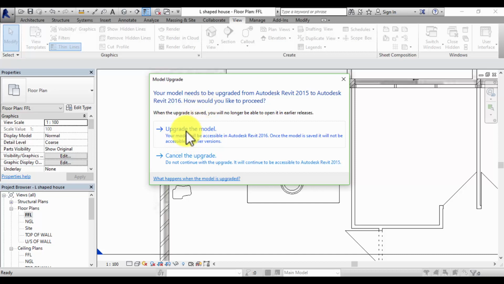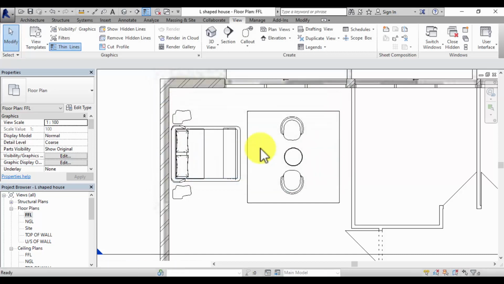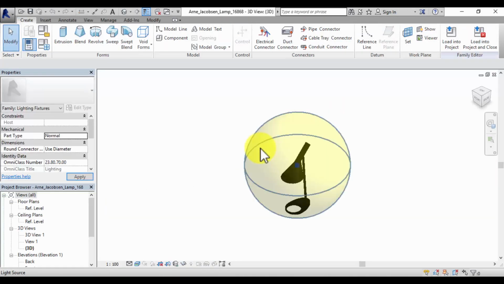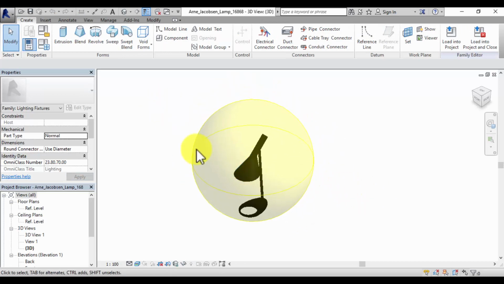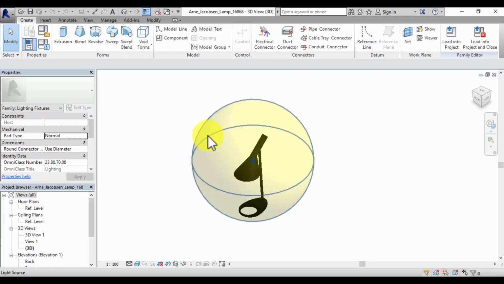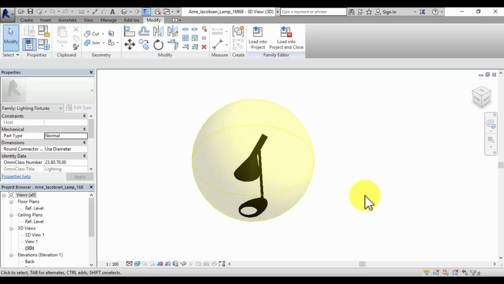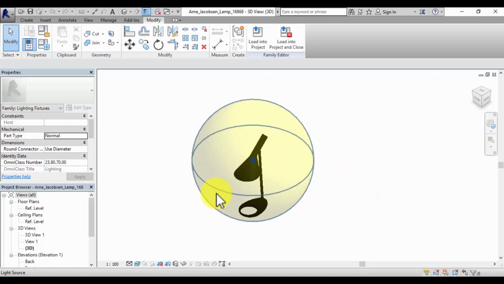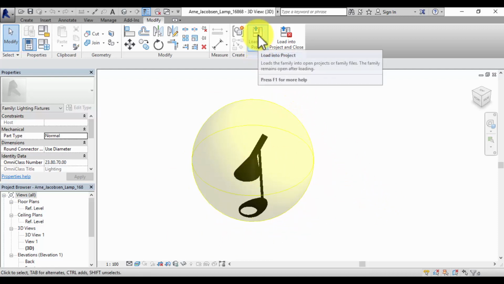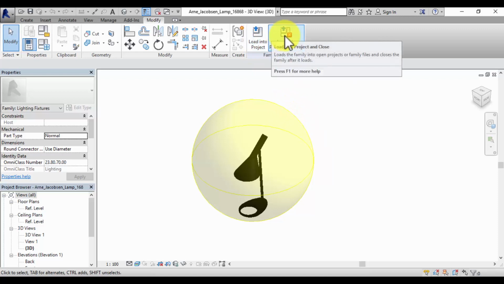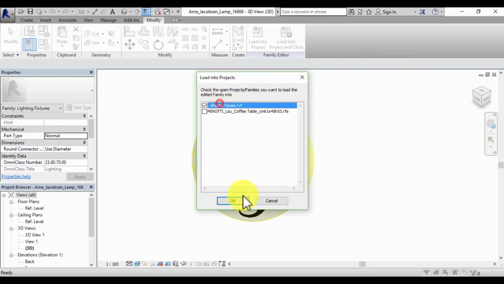Open it up, always upgrade the model and then save it once you're done so that you don't have to do it again. And you'll see from the beginning that this is a working light and not just a pretty block, because it usually has a glowing orb around it like this. That actually shows you that it's going to produce light and it's not just going to stand there and be an empty decorative piece. So anyway, you can load it into your project,